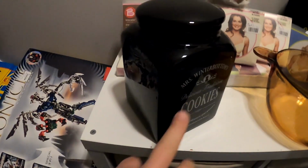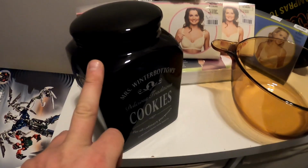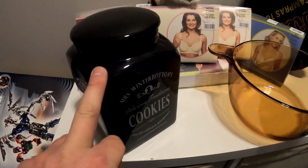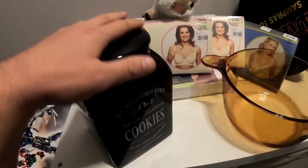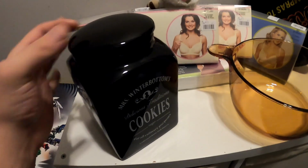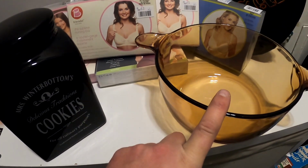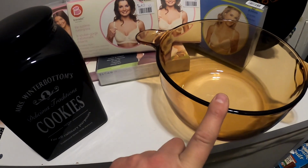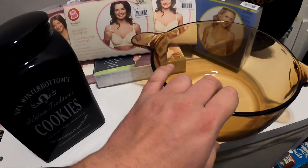Okay, so we've got this Mrs. Winterbottom's black cookie jar. Now the black ones go for a little bit more than the white ones, just a little bit usually. So probably, might aim for about 30 on that, but at least 20, but I might aim a little bit higher. And that was £3. This was £3 as well. They wanted like £7.50 for this and another one, but I just wanted this one, so I got it for